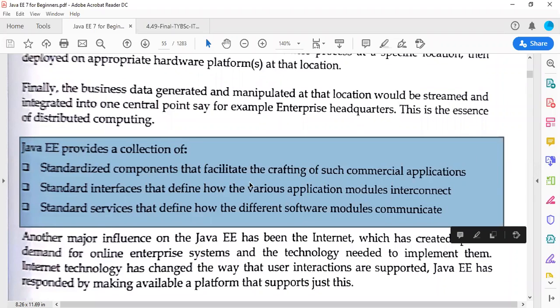Then we have standard services that define how the different software modules can communicate. So these modules can communicate with your services. So basically we are first initiating with components, then moving towards the interface with the modules, and then modules will communicate with your services. So note it down.